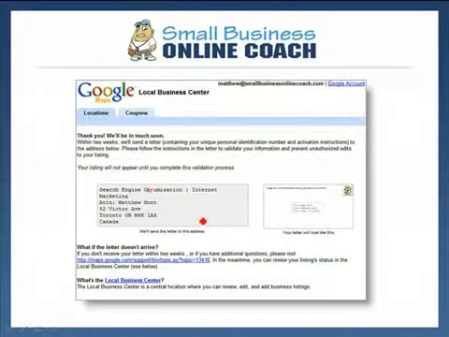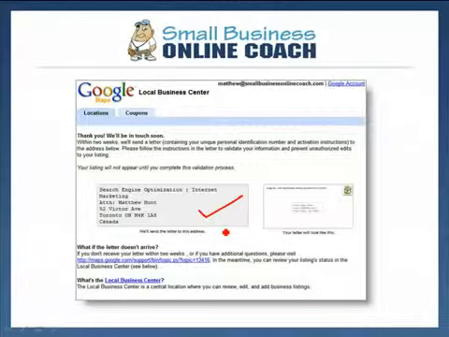If you decide to go by snail mail, this is what you'll see by snail mail, and it usually comes, from my experience, 5 to 7 business days later, and it'll basically have the same thing. You'll be able to log on, enter your 4-digit code, and then it'll go live. So that's how you put yourself a free online local listing on Google.